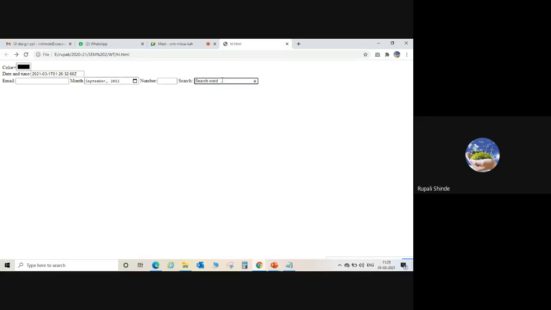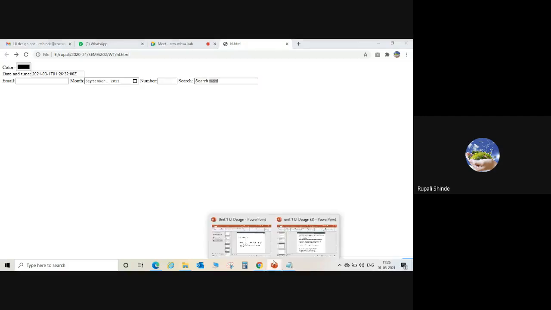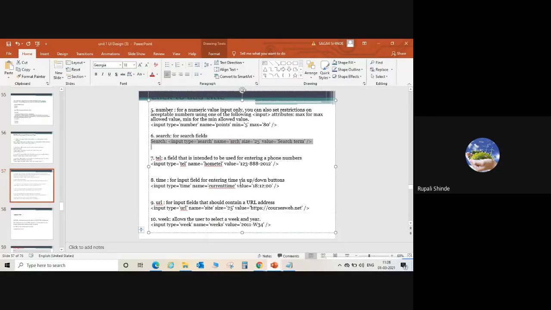Search word. The next one is tel, which is used to include the telephone number.